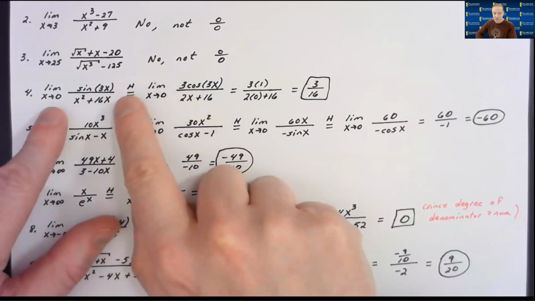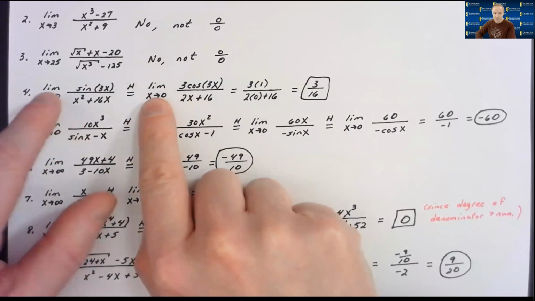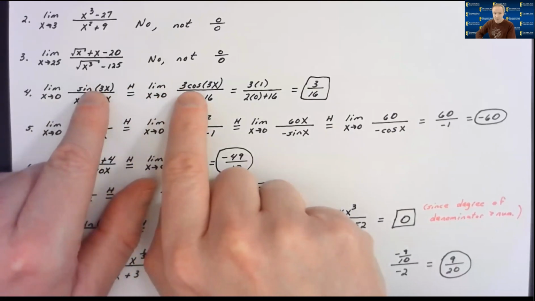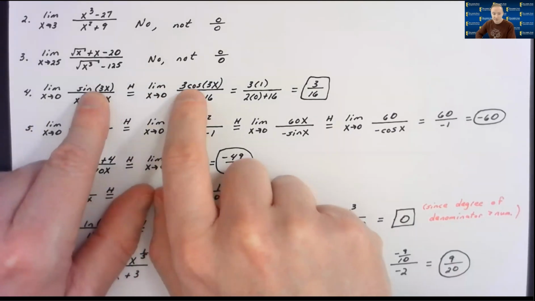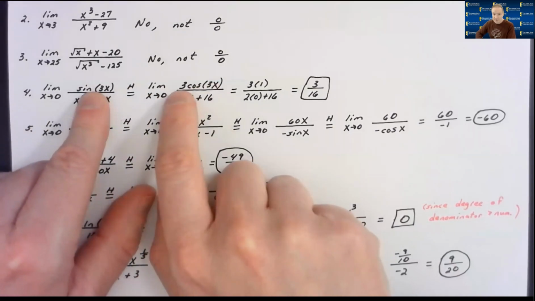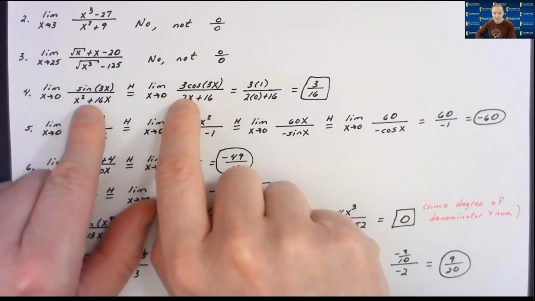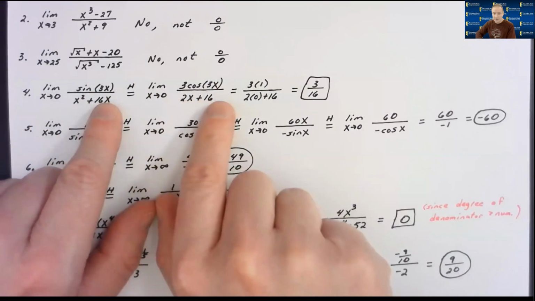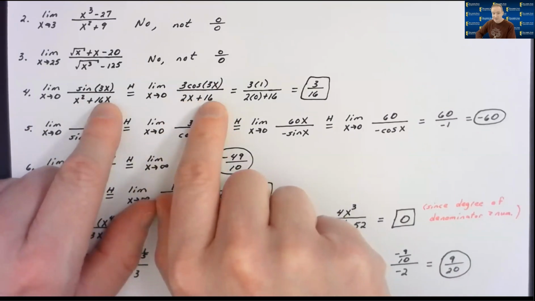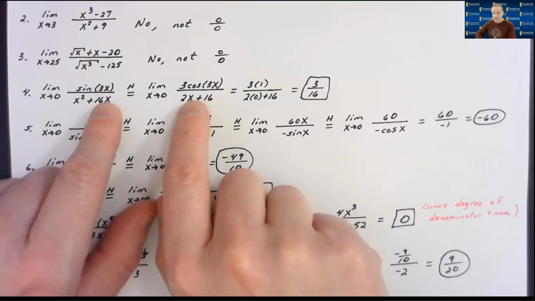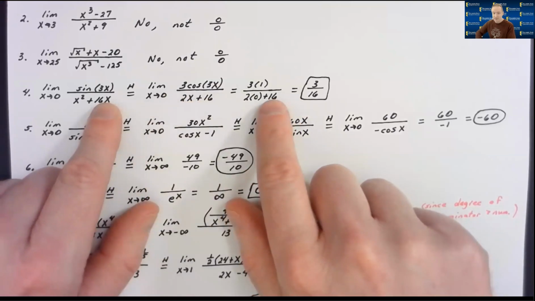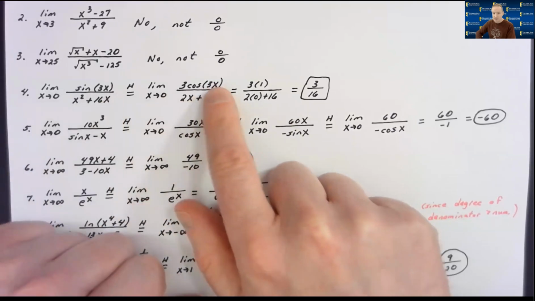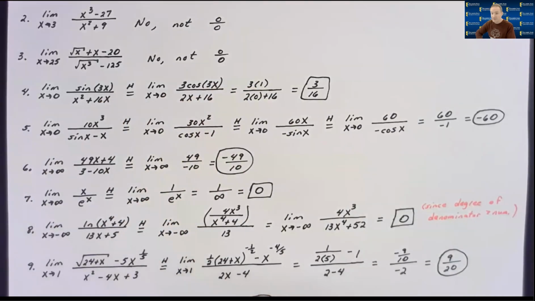And then you say, well, this is going to equal the limit as x approaches 0. L'Hopital says take the derivative of the numerator. Derivative of the sine of 3x is the cosine of 3x times 3. And then my denominator is just power rule. Derivative of x squared is 2x, and 16x gives me a 16. Now, as soon as I see that denominator is going to be 16, even if I do plug a 0 in for x, I know I'm done. So I can go ahead, plug in the x. I get the 16 in the denominator. Cosine of 0 is 1, so I have 3 times 1 in the numerator for a final answer of 3